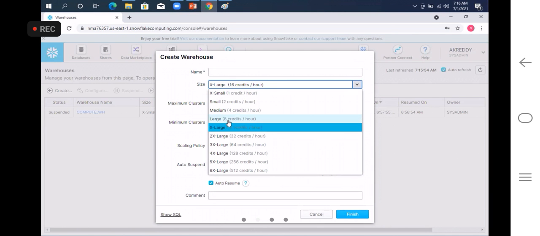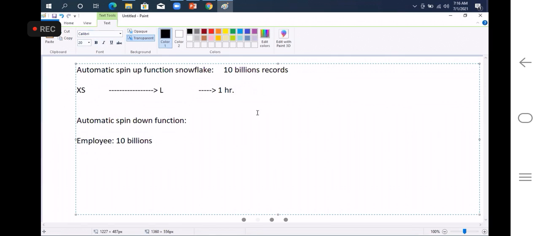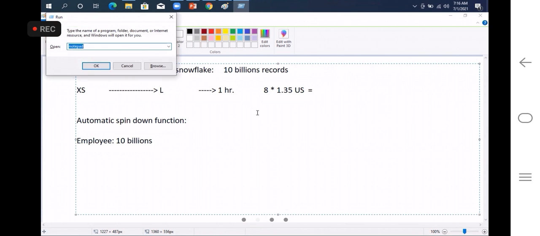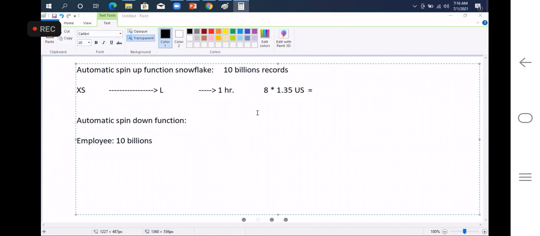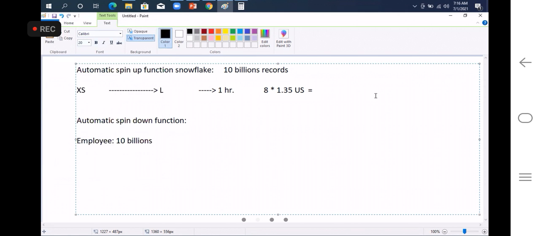For large it is 8 credits. So 8 servers, and each server will charge 1.35 US dollars. If you multiply 8 by 1.35, you will get 10.8